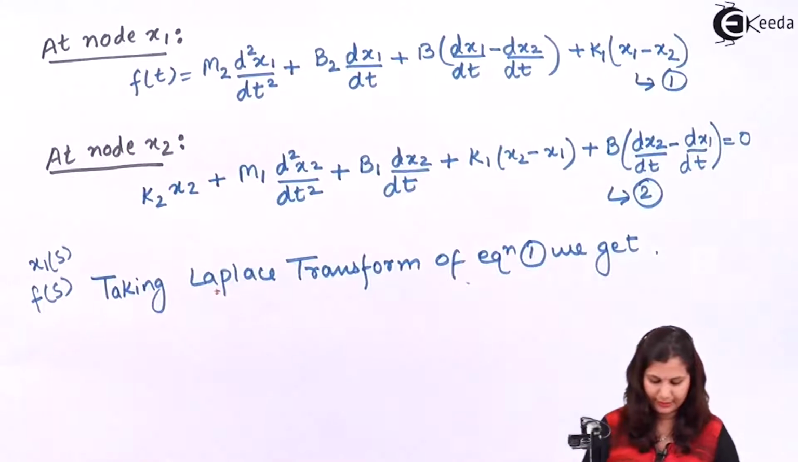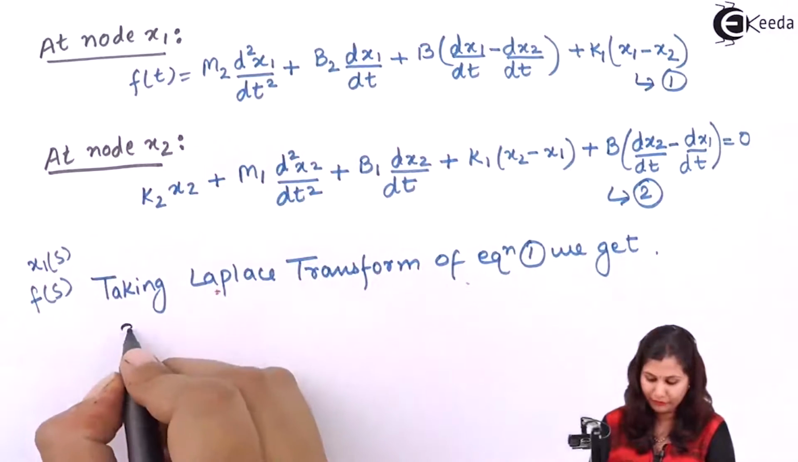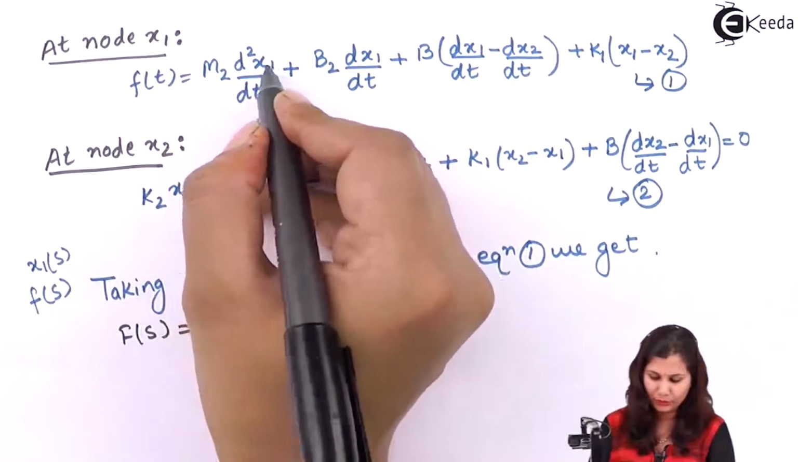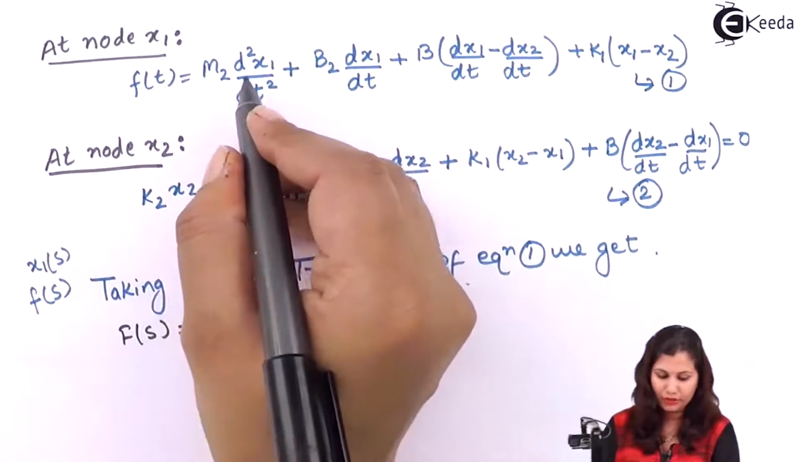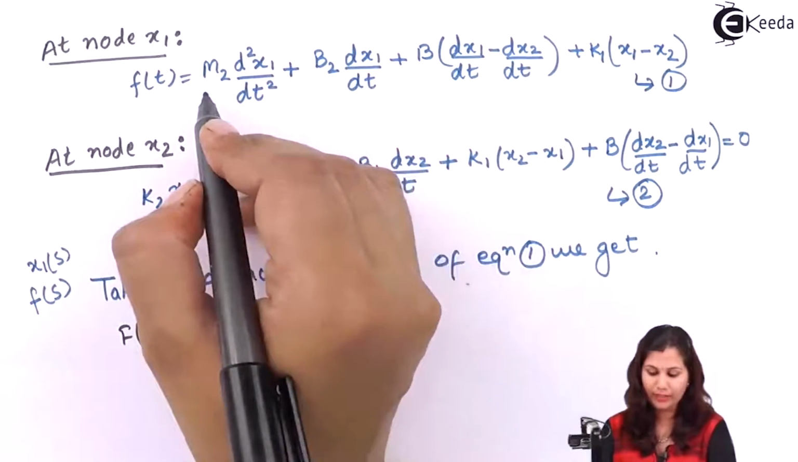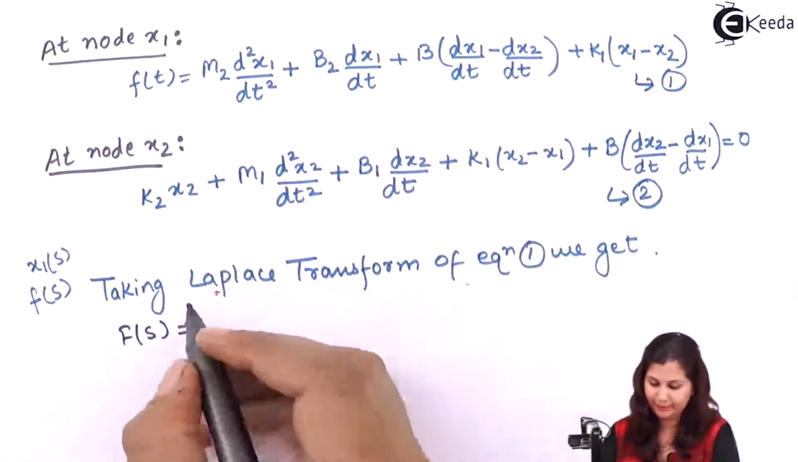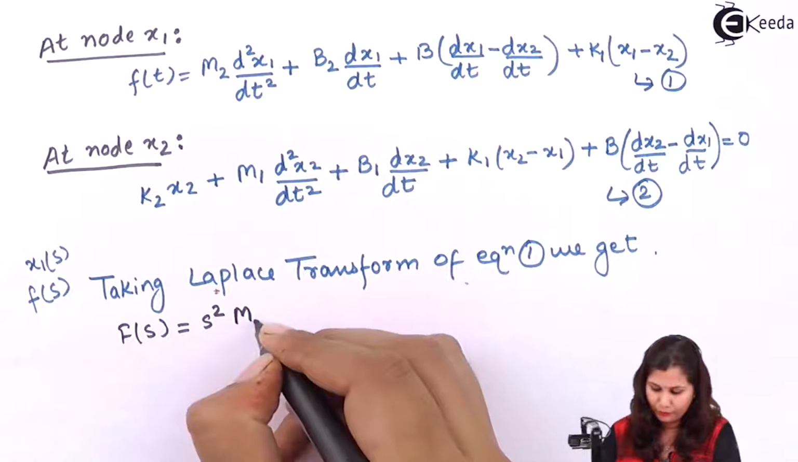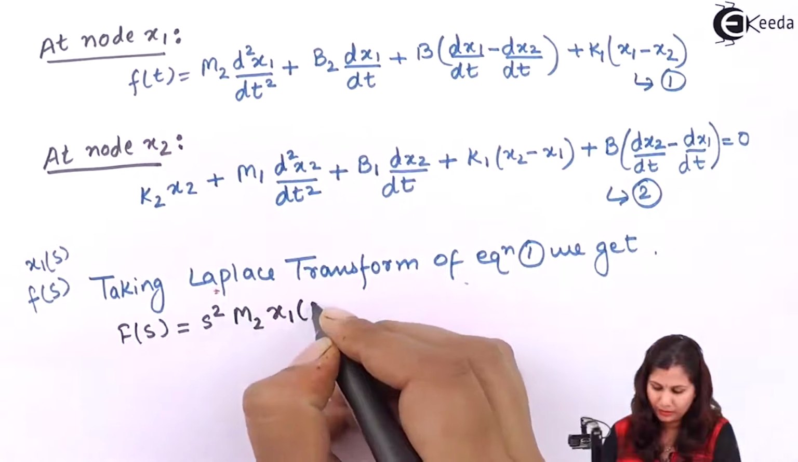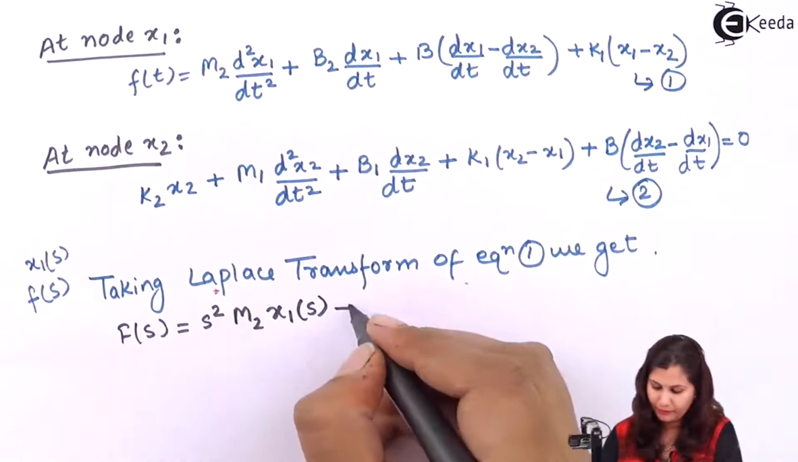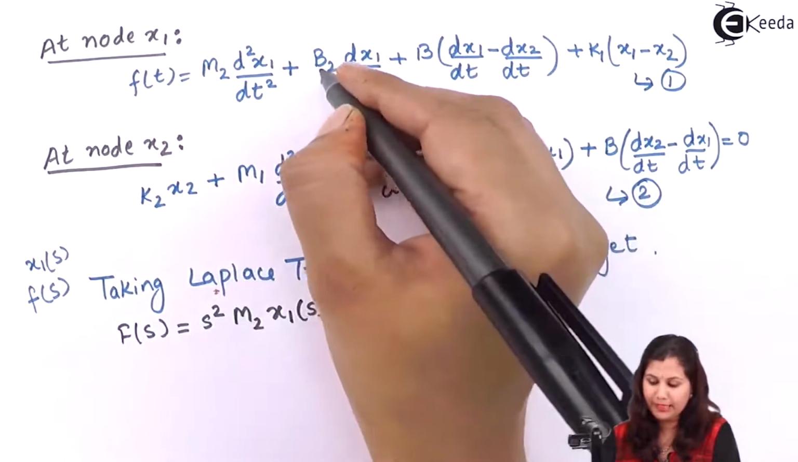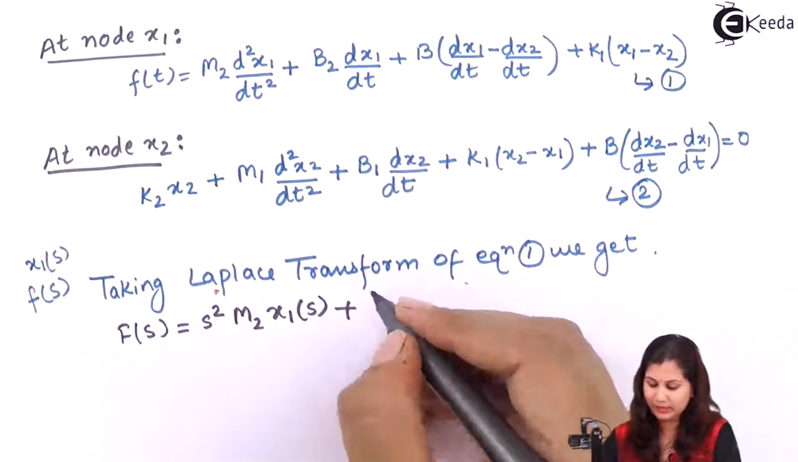We have this as, the Laplace transform of f(t) will be F(s). We have m2 d2x1 by dt square, so it will be s square m2 X1(s), plus we have b2 dx1 by dt, so it will be s b2 X1(s),